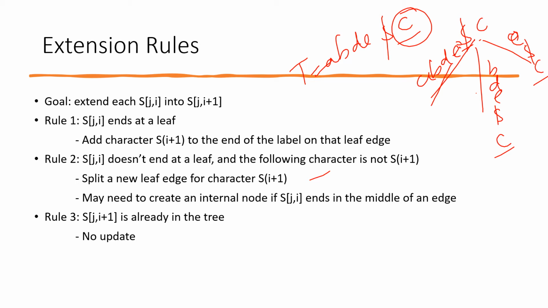Rule 2 extension says that if there is no path for that character, here there is no path directly from the root for the character c, so we create one and label it with the new character. Rule 3: if a path already exists, say the next label is a, we check from the root. When we check from the root, we have a path to a, so we do nothing; we just update. These are the three generic extension rules we keep using all the time to build suffix trees.